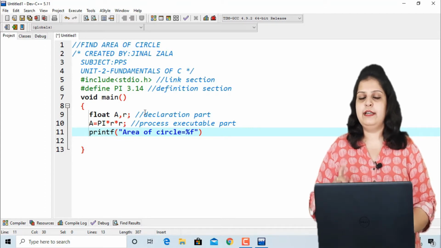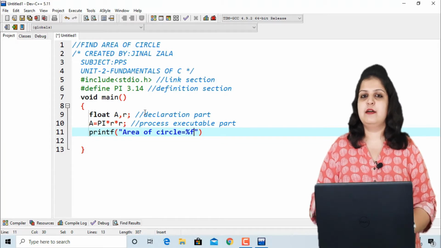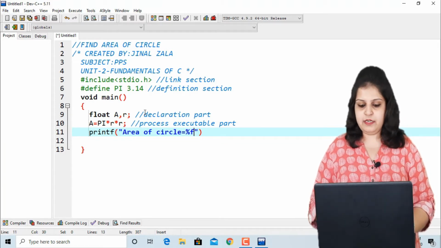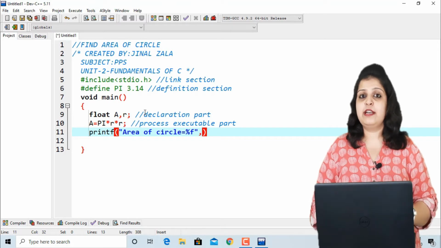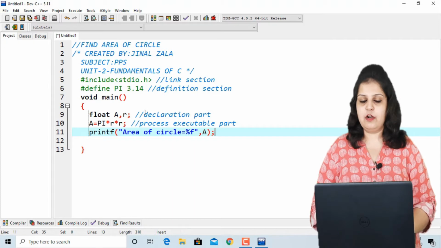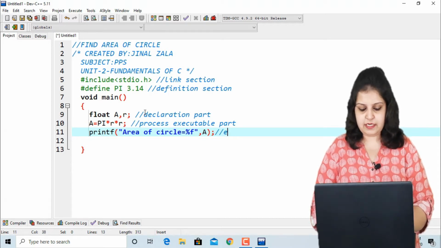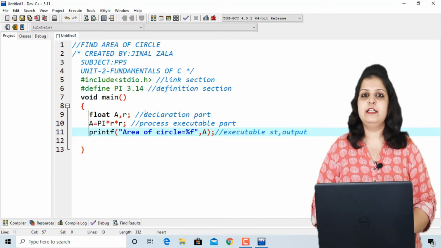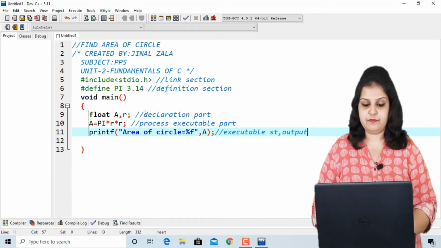If you have taken data type integer, then write %d instead of %f, and after the double inverted comma is completed just write the variable name, that is capital A, and semicolon. And remember that every statement ends with a semicolon. This is also called an executable statement or output, because our output will be displayed by using the printf function.